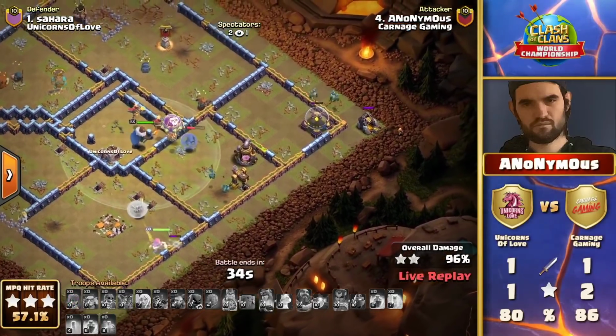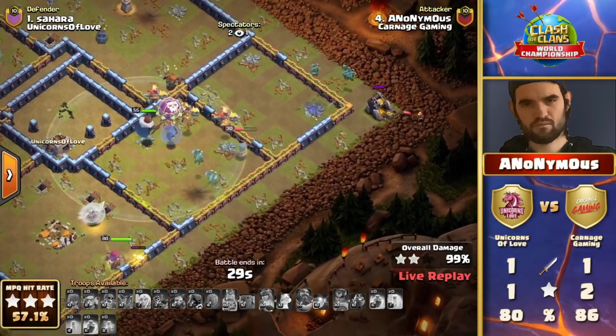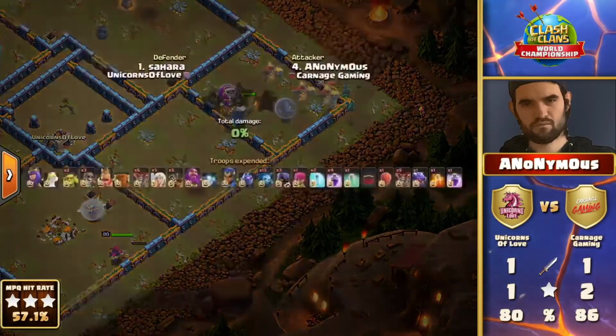They have to get a 3-star here to just keep themselves in a fighting chance of winning this one. But GG to Anonymous getting this 3-star. Beautiful job doing what he needed to do and putting the pressure on Unicorns of Love. Carnage Gaming coming through with the answer of the 3-star, and their OP, the base, defended earlier from that tornado